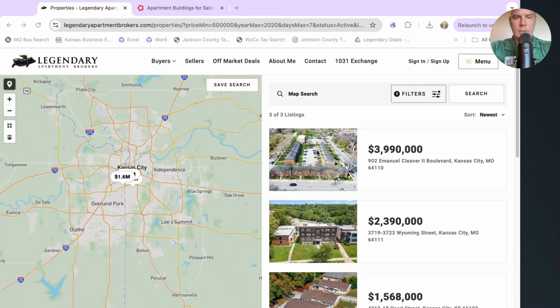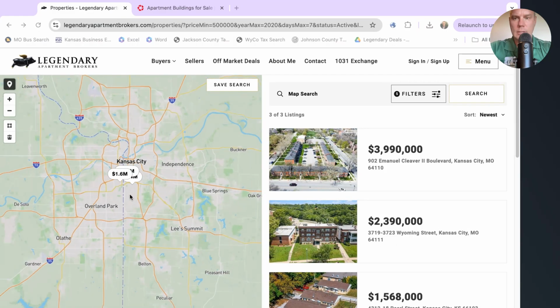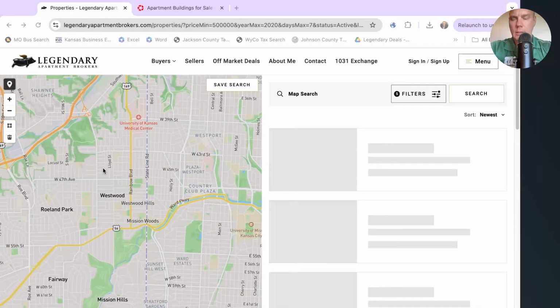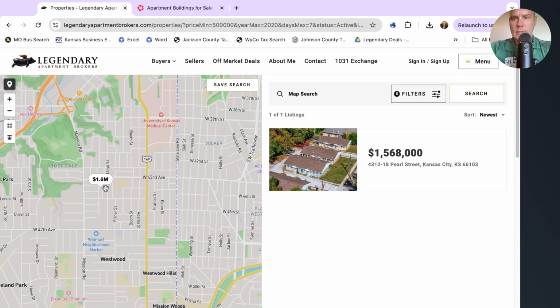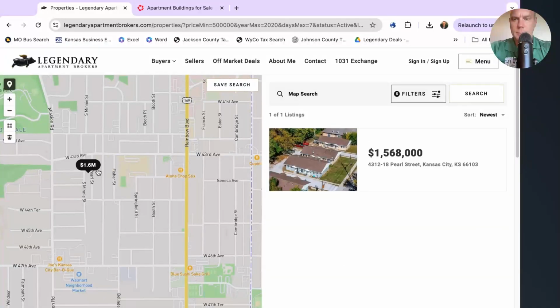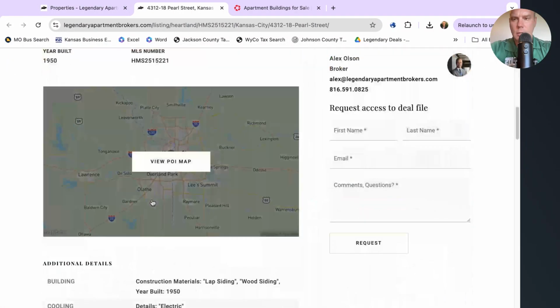On my website screen here, you can see there are 3 new listings. We've covered a couple of these already in the past, and they've now made it to the MLS. So we're just going to zoom in on the newest listing, which I'm very familiar with because I own apartments in this area, and I have a duplex here on 39th and Booth in KCK. For podcast listeners, this is right next to KU Med at 43rd and Pearl Street. It looks like this came out a couple days ago. I believe it is